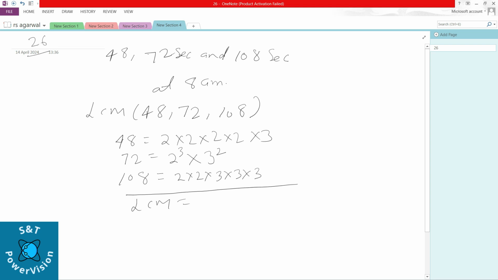So LCM equal to 2 to the power 4 into 3 cube